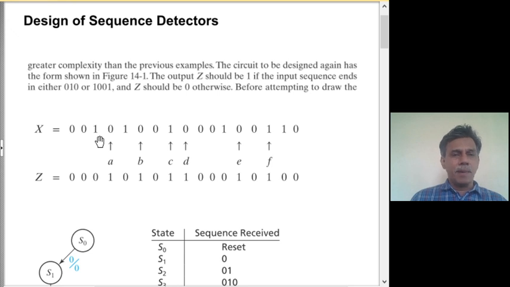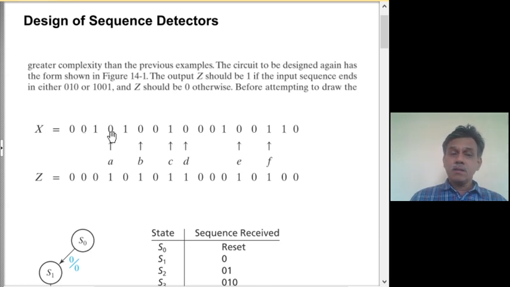Then let us introduce a pattern, that is 0 1 0. So, this is a point at which a pattern 0 1 0 has occurred. This 0 is the last bit of the pattern 0 1 0. Here we will call it A, and we should respond, that is the output should change. Until this bit the output remains at 0, at the bit corresponding to A it becomes 1. That satisfies the test case where the isolated occurrence of the pattern 0 1 0 is being detected.